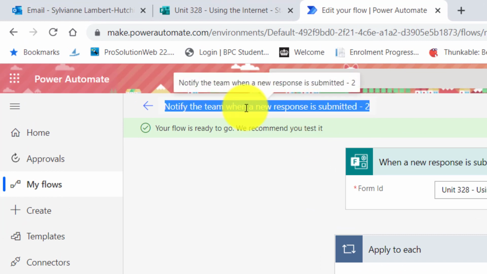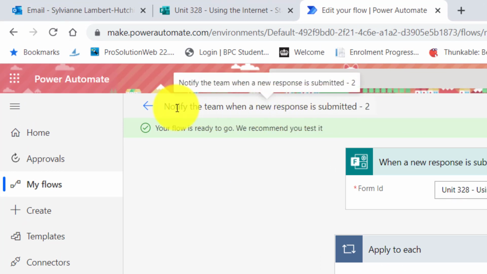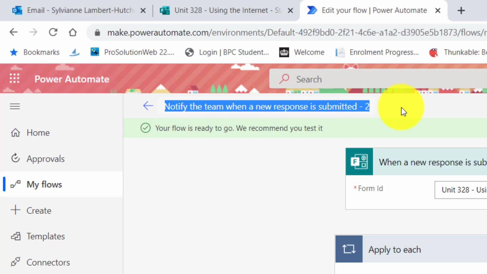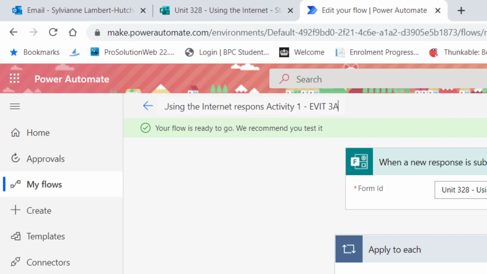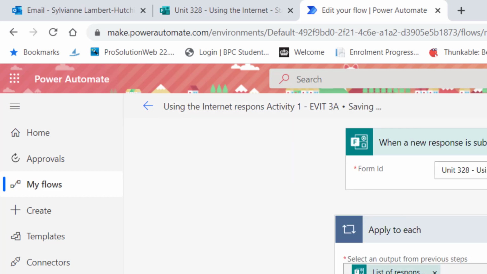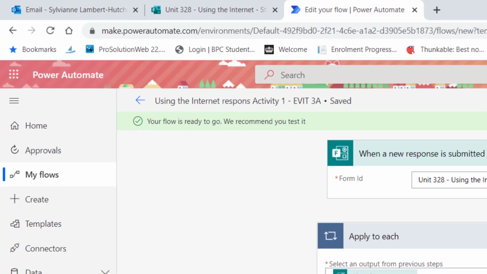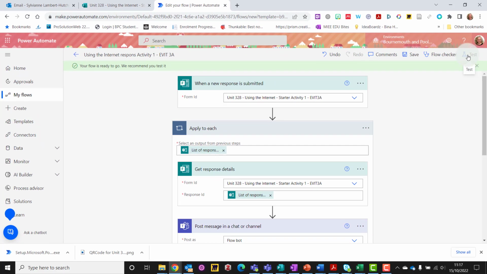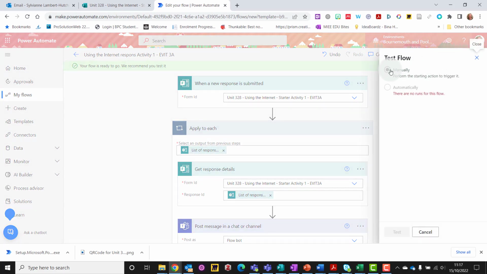So up at the top I can rename this. I can now call it Using the Internet Response Activity 1 EVIT3A, and I can save it. Now over on the side here we have this test option, and test means that we really ought to test that this works. So I'm going to do this manually, and I'm going to get set to test going,